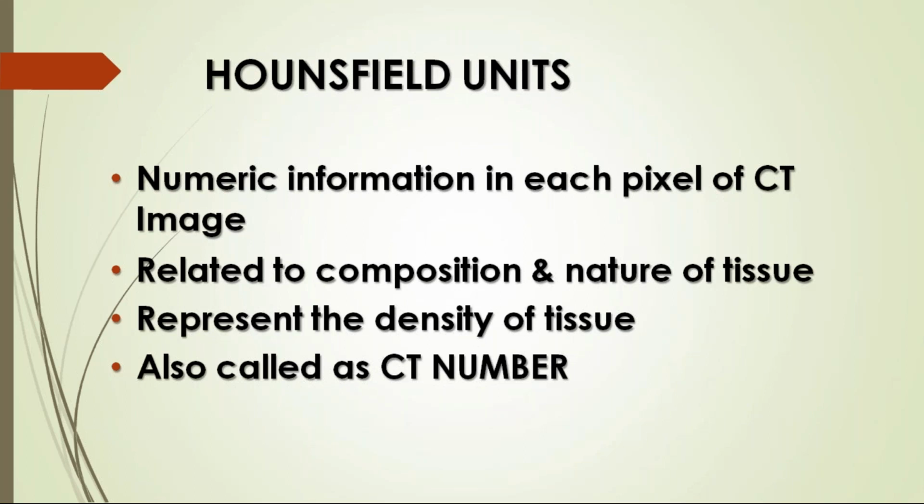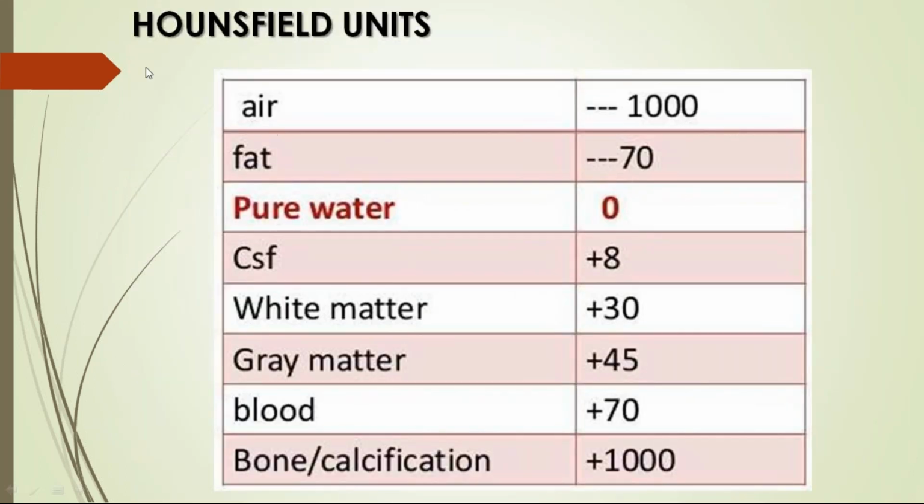Hounsfield units are the numeric information in each pixel of a CT image. It is related to the composition and nature of the tissue. For each tissue, a different Hounsfield unit value will be there. To represent the density of the tissue, we use these Hounsfield units. It is also called a CT number. And normally, the normal Hounsfield units of different